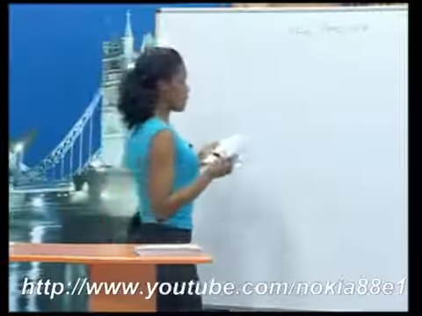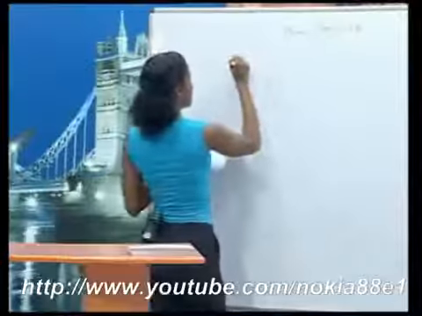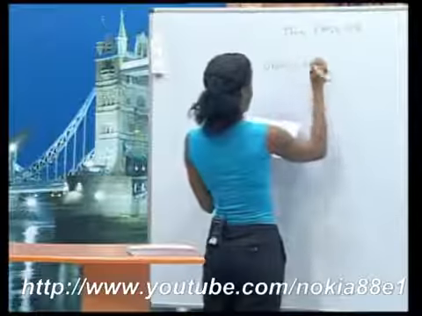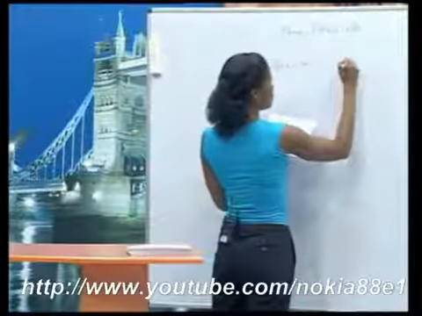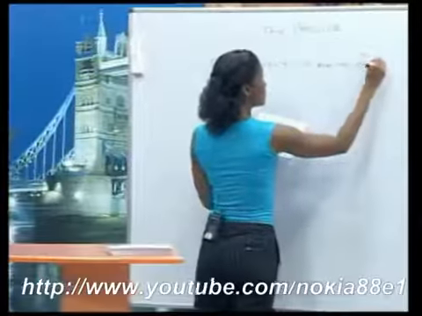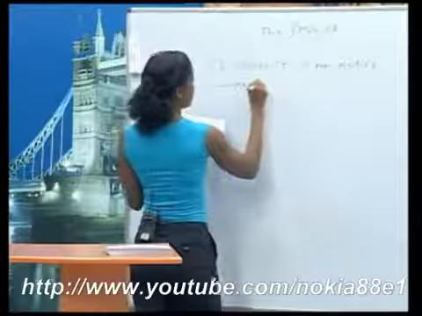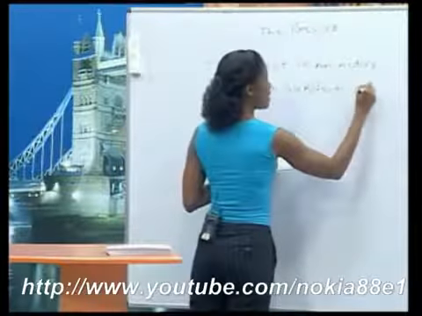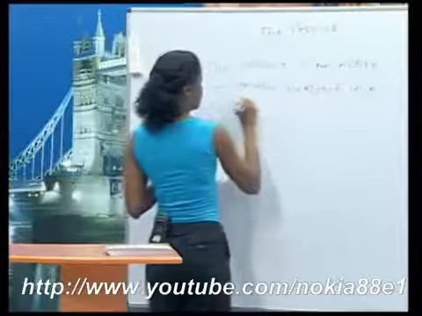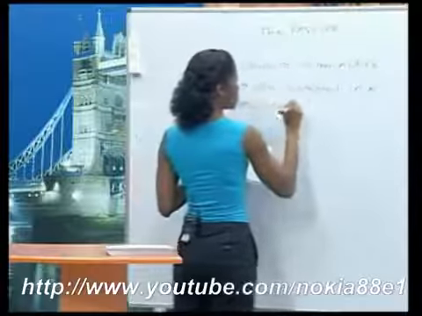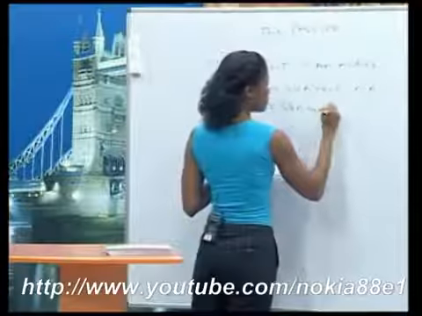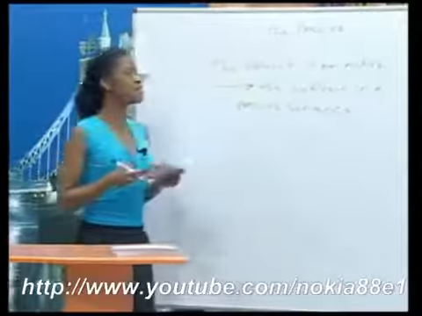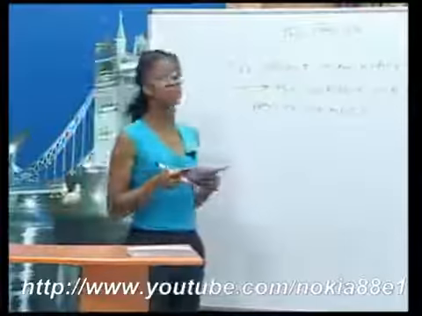Okay, now, the object in an active sentence becomes the subject in a passive sentence. So it gets turned around. In an active sentence, the focus is on the subject, but in a passive sentence, the focus is on the